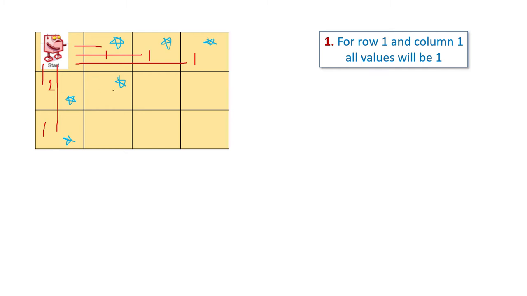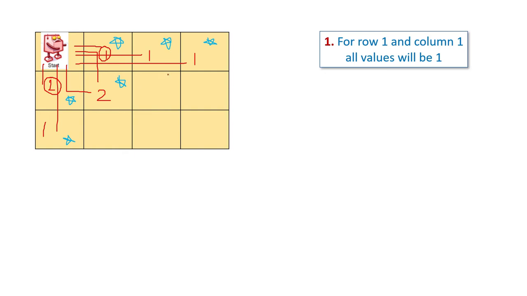Now let's check for another point which is not part of the same row or same column. So if my end point is this one, how can I come here? One way is like this and one way is like this. So in total two ways I can come here. But if you observe, what is this 2? This 2 is just the addition of these two values, the top one and the left side value. So 1 and 1 when I add, that time also I will get 2. And here if you check from start to end, there are only two ways possible.